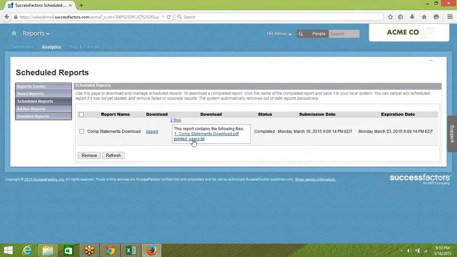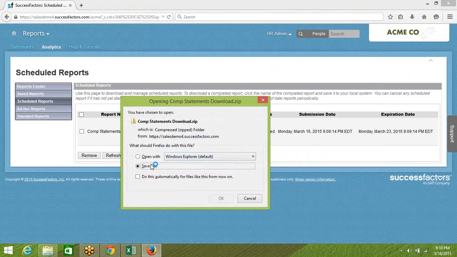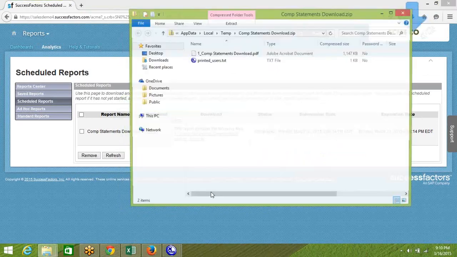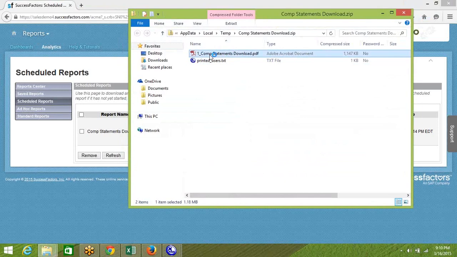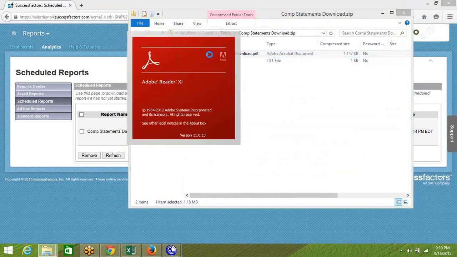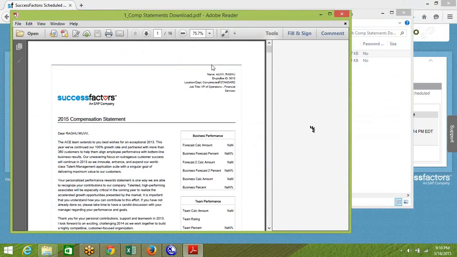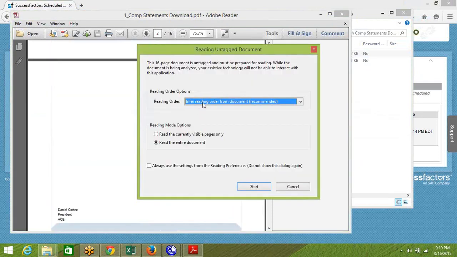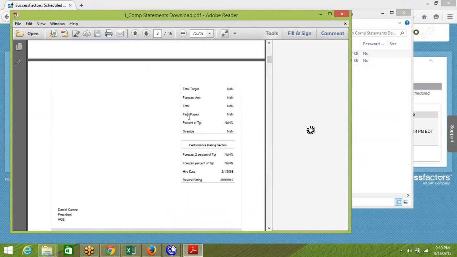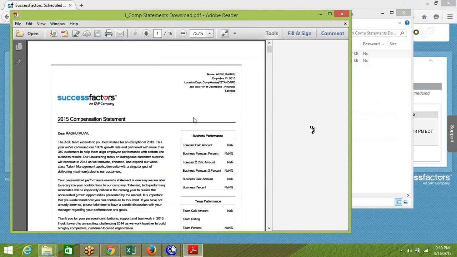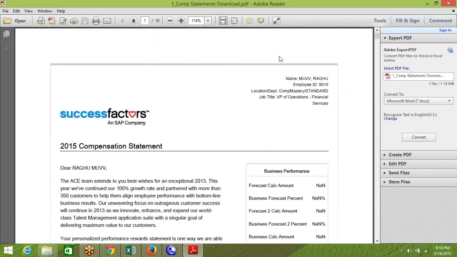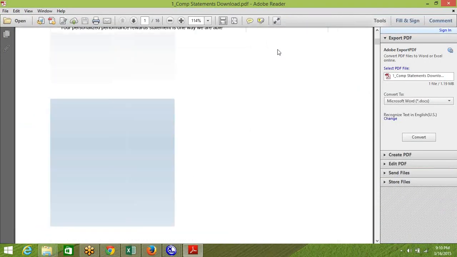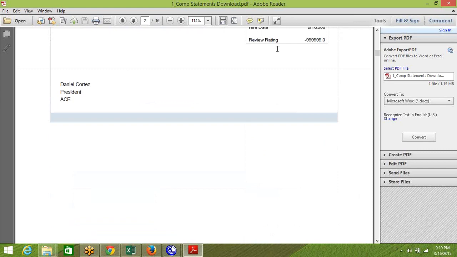One second, guys. It's downloaded in the wrong format. Let me download zip files. Yeah, you can see here you will be able to find all the employees' compensation statements, guys. So this is for Raghu, and you can see